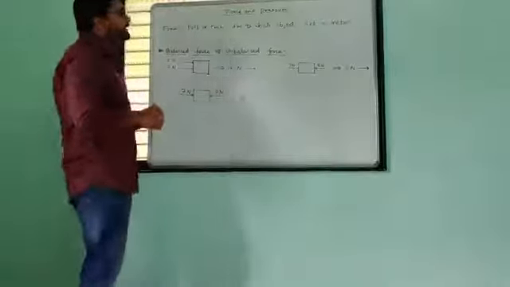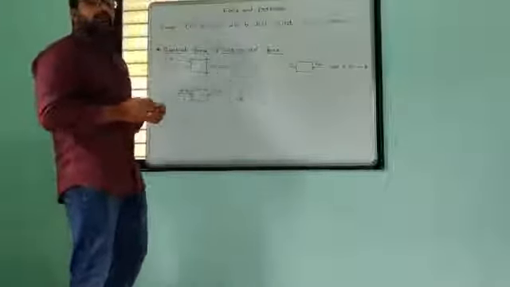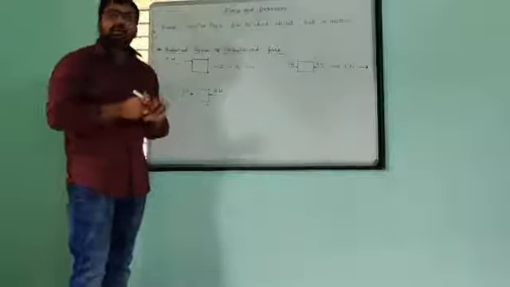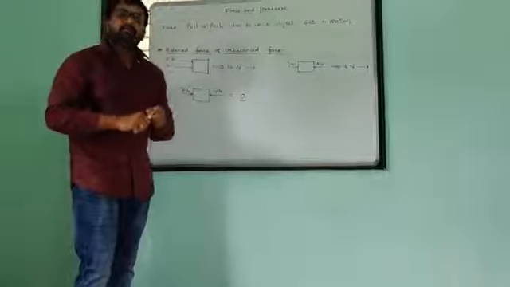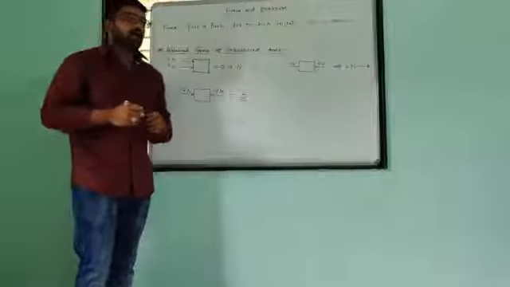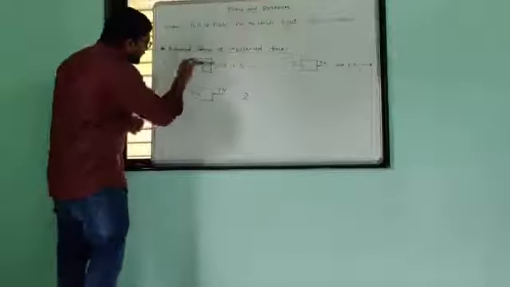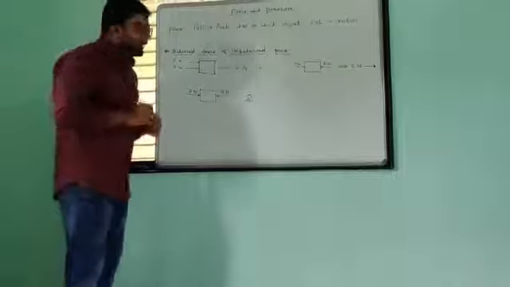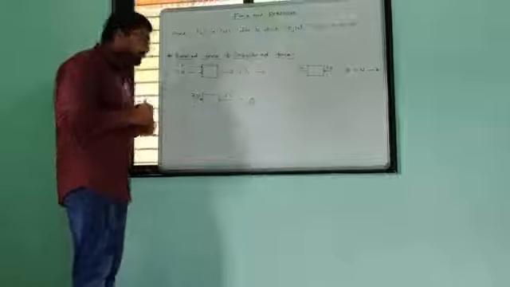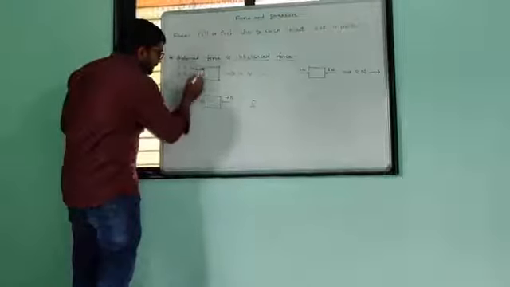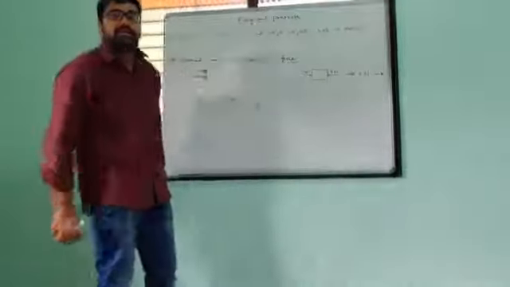Okay, then consider another example. We know if we have to move a heavy object, if two persons move that object, it will be very easy compared to one person moving it. So here, the same case, two persons are pushing this box. One applies 5 Newton and the second applies 7 Newton force, but the direction of force is the same. Means they both apply forces in the same direction.